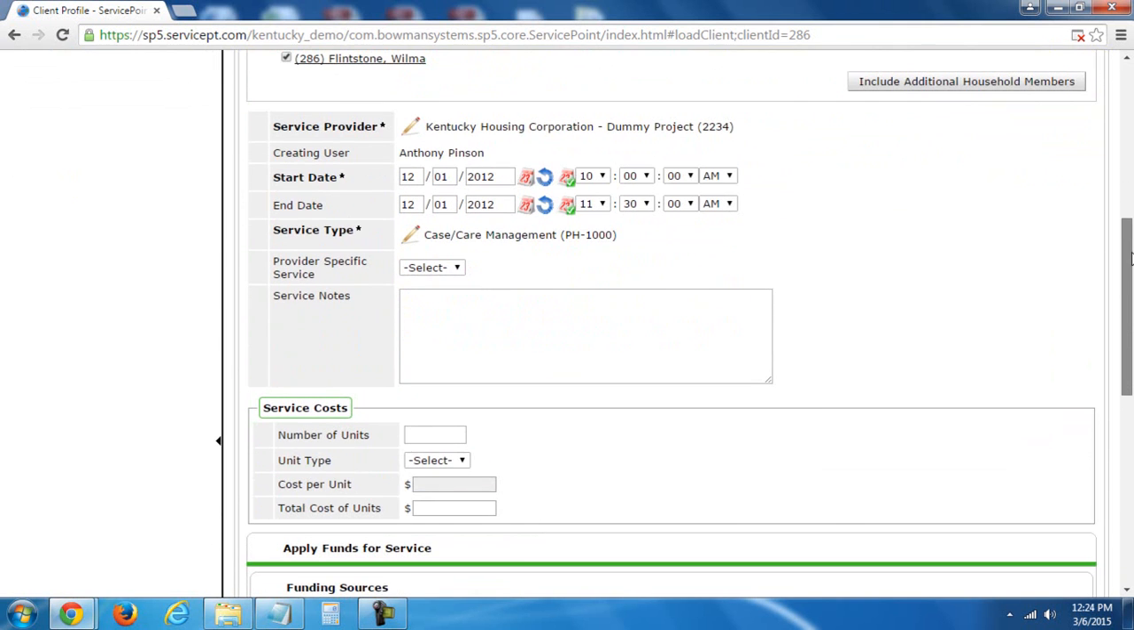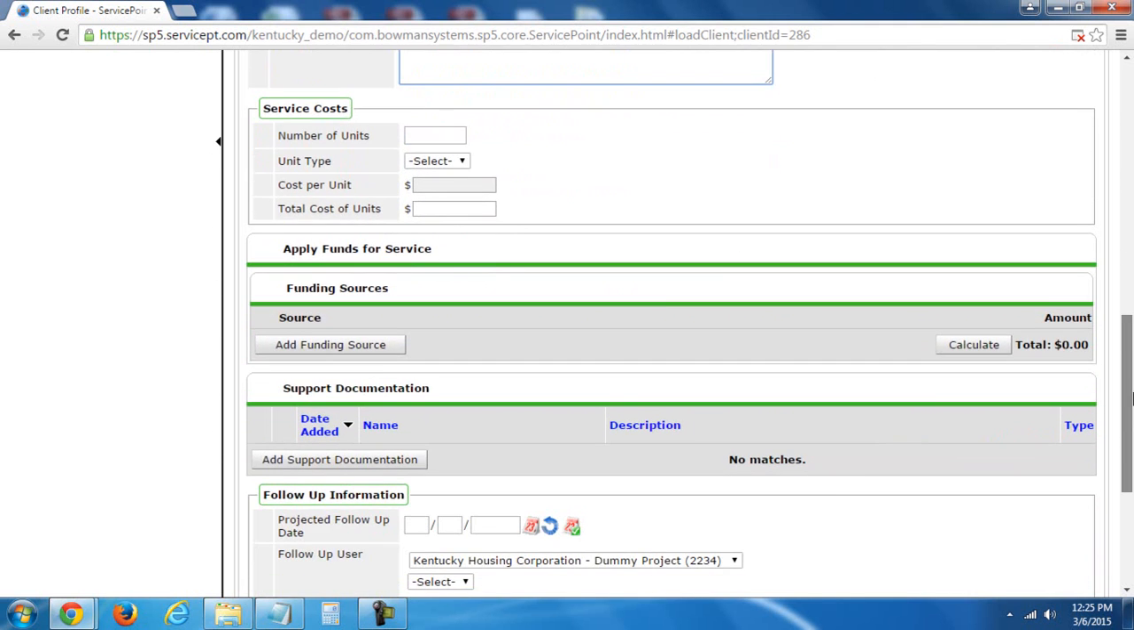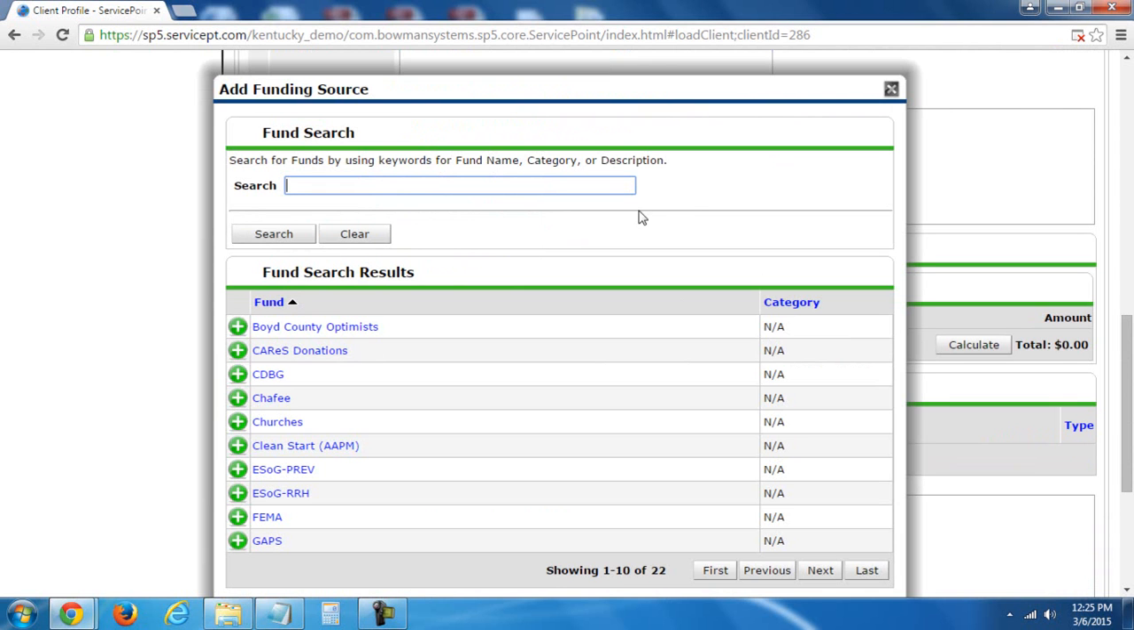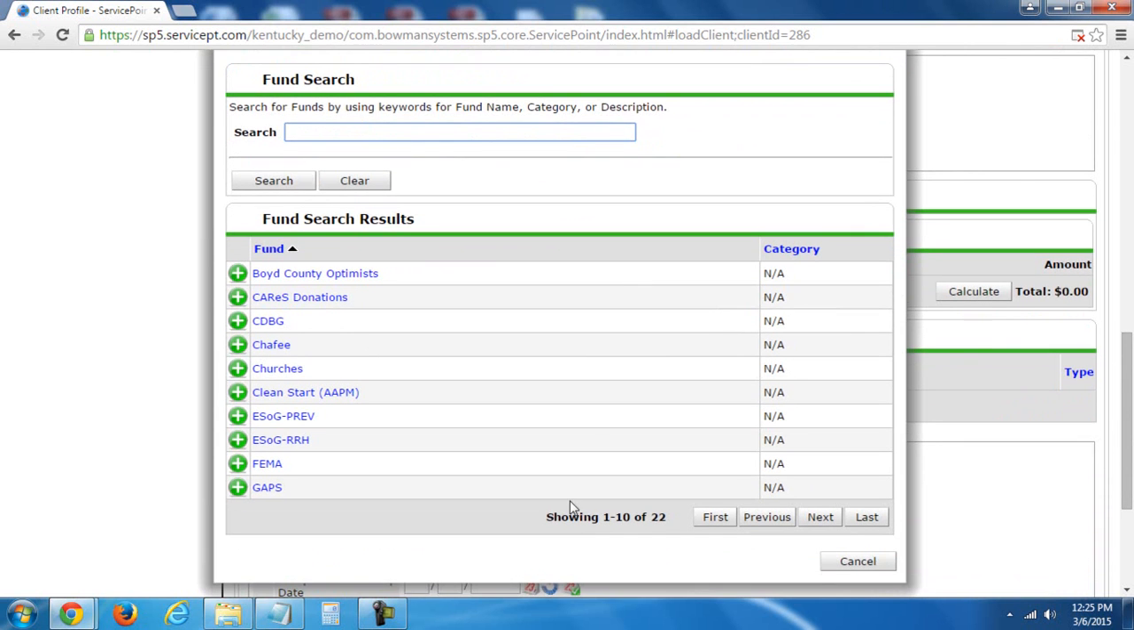Now here, you can add in service notes, which is always good practice to do. So I can say, met with clients to discuss program entry, something like that, just whatever it is that describes the situation. You can associate costs with it if there is specific cost information. And in this section, you can actually add a funding source. So if you have a certain grant that pays for whatever service you provided for them, you can select that